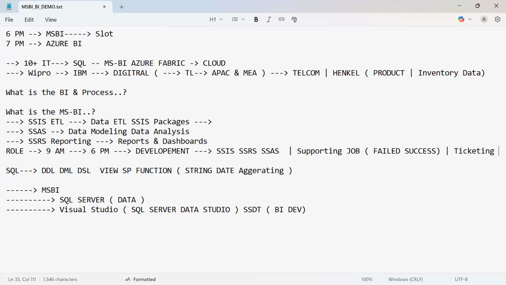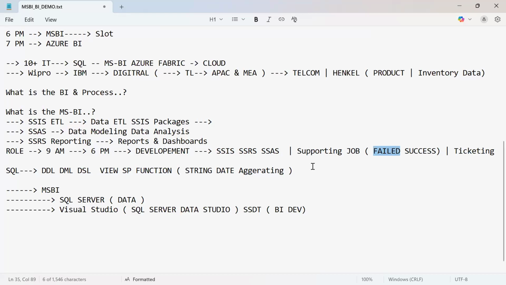I don't know if people know these roles and responsibilities or not. So you are going to work on failed jobs. What is a failed job? If something has failed, who is going to fix it? You are just learning development. Are you not going to learn if it has failed? What is the reason, and how are you going to fix that? Who is going to fix that?